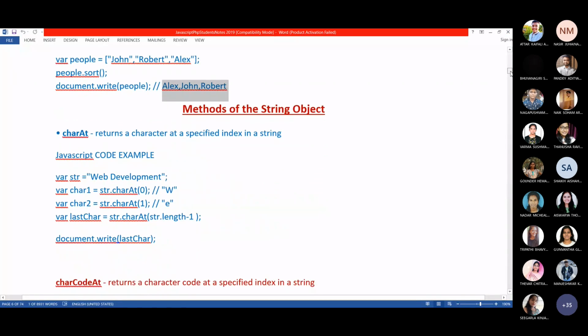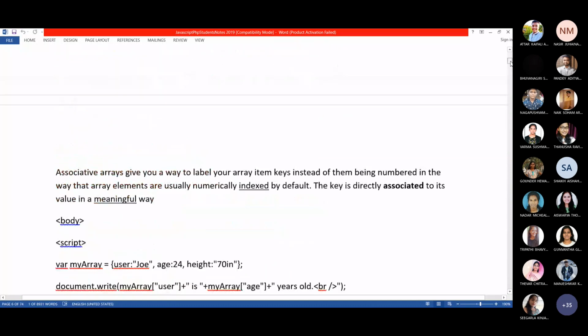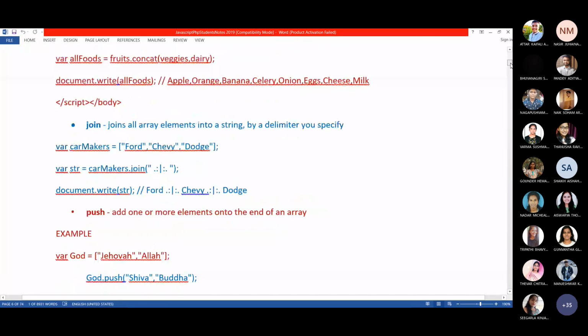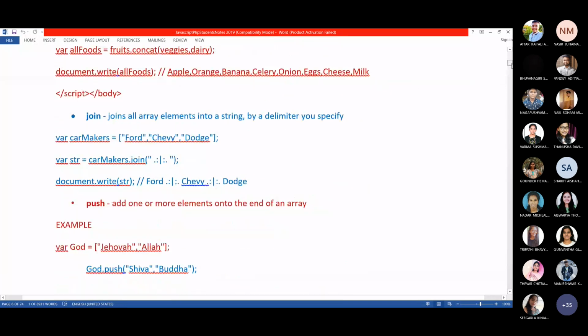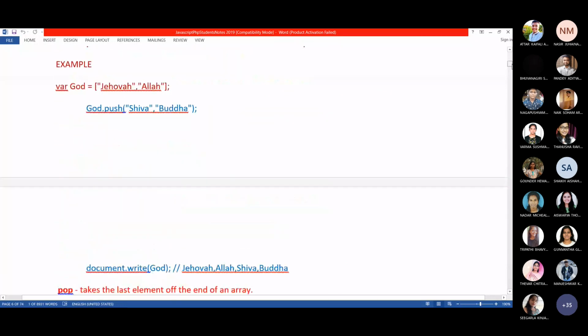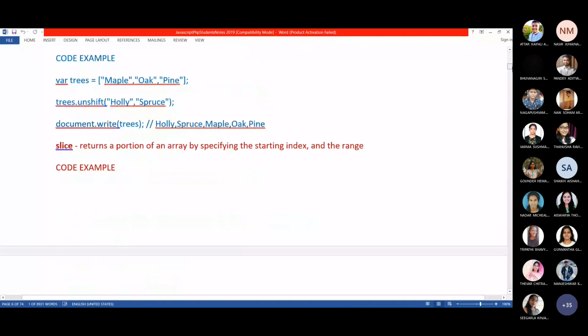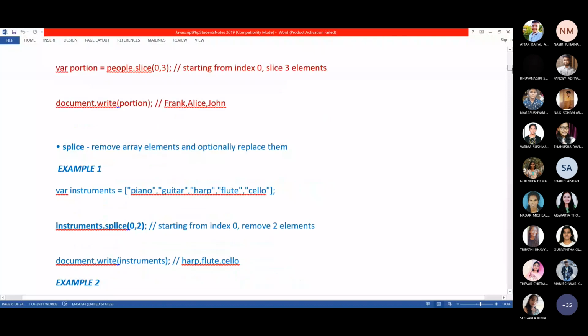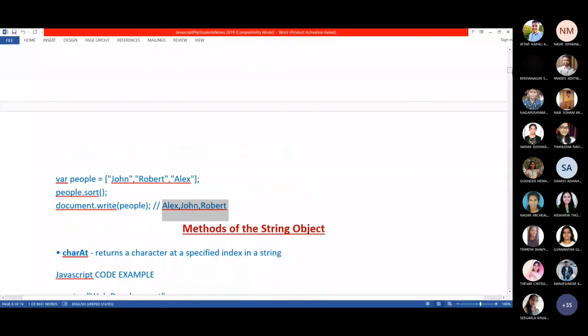There are so many methods in each and every object, but we have seen only a few which are commonly used. Concat, join, push, pop, shift, unshift, slice, splice, reverse, sort.